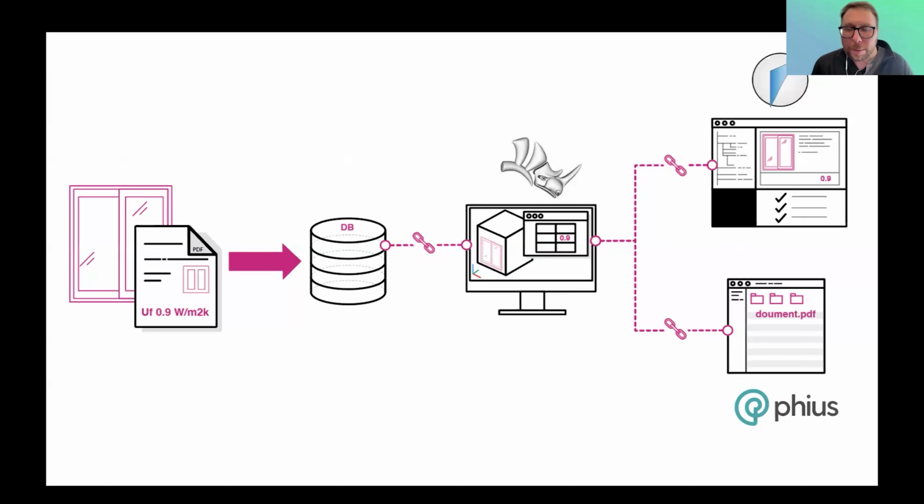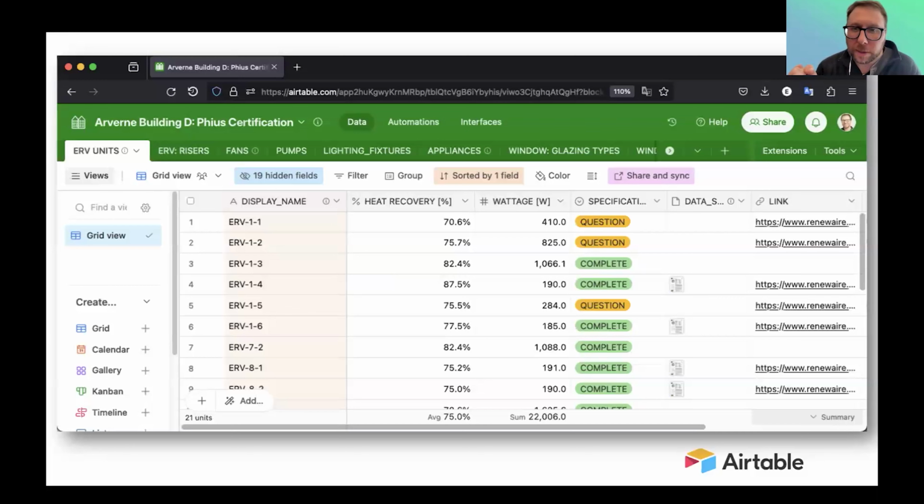Now you can use whatever database you want for that. We happen to really like a cloud-based database known as Airtable. There's no particular reason other than it's a collaborative online database, so multiple users can use it at the same time. It's really transparent, really flexible. It's not an advertisement for Airtable. You can use whatever system you want, but we have a whole bunch of components that allow us to host